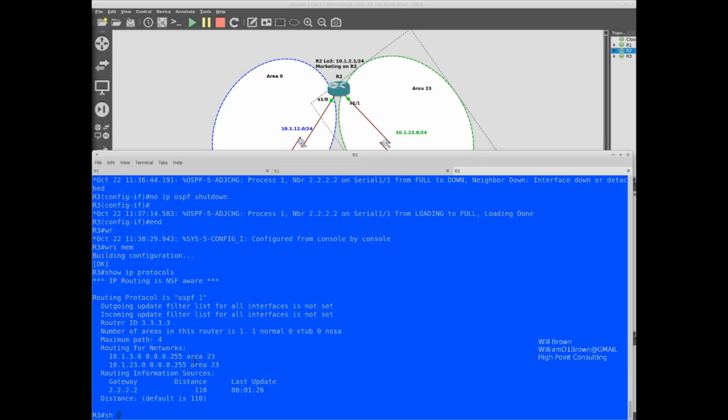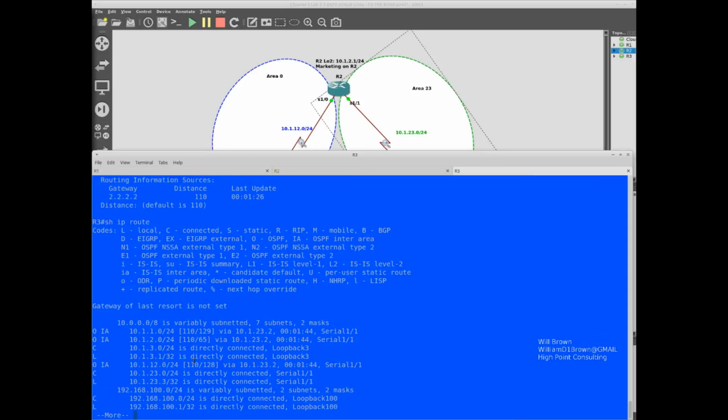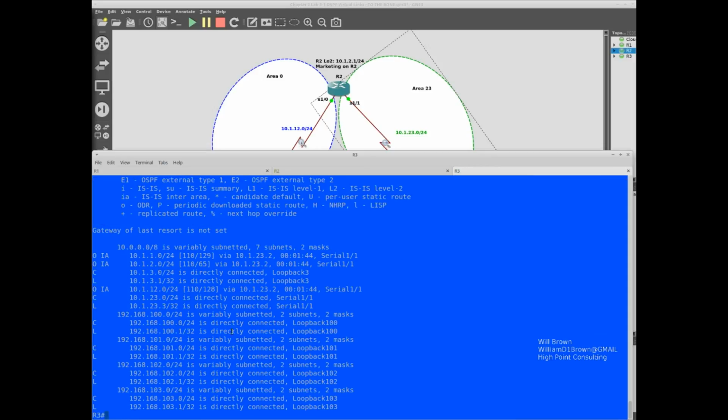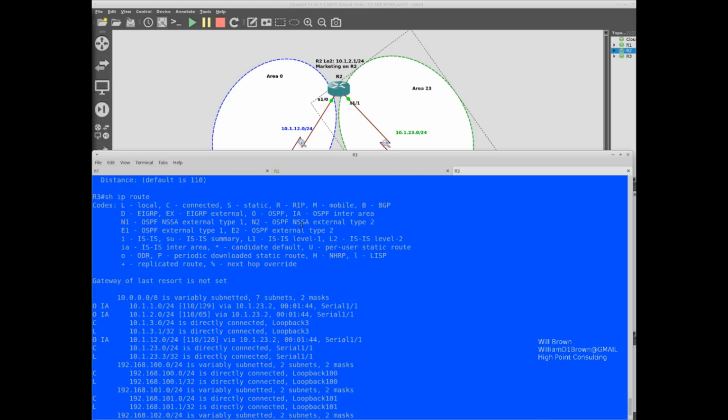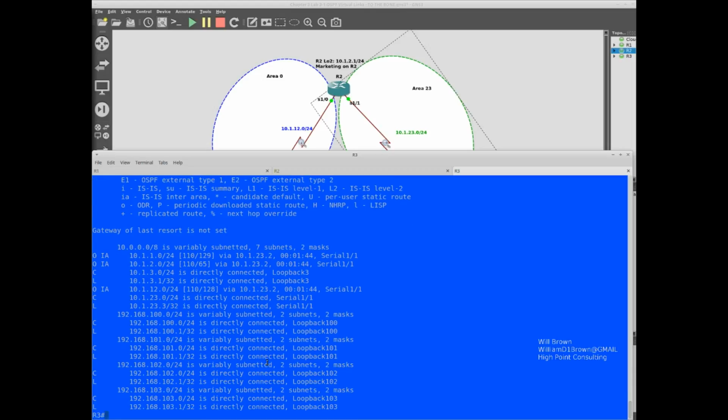If we do a show IP route, if we go up to the legend, IA stands for OSPF inter-area routes, and that is the routes that are from an area that are outside of another area.